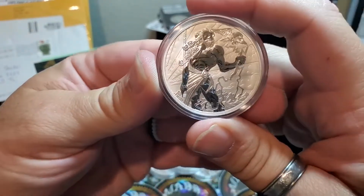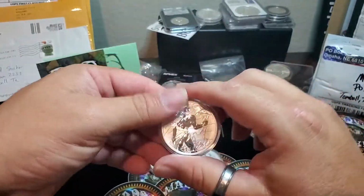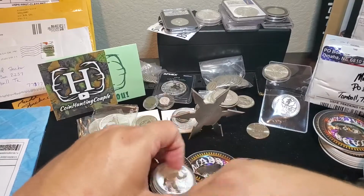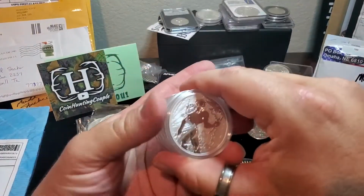So I paid $154.84 plus $18.20 for all 4 of these coins. Now, obviously that cost is technically only counting for 3, so that will mess up the cost average a little bit. However, I'm okay with it because I was able to be part of what for me was probably the